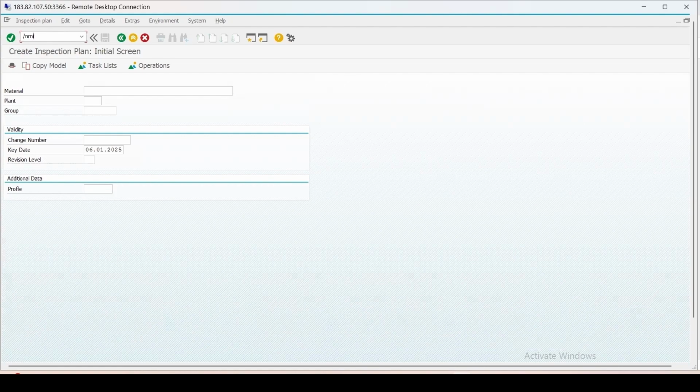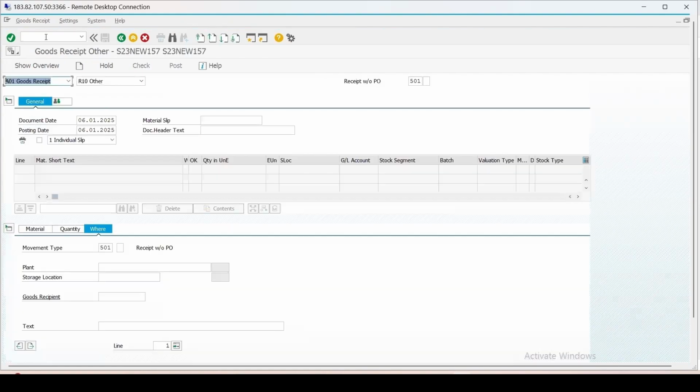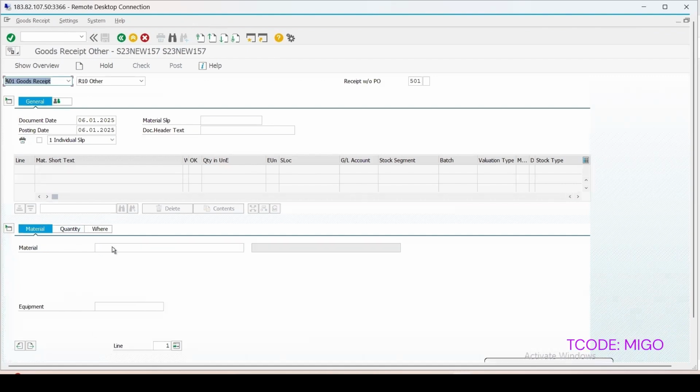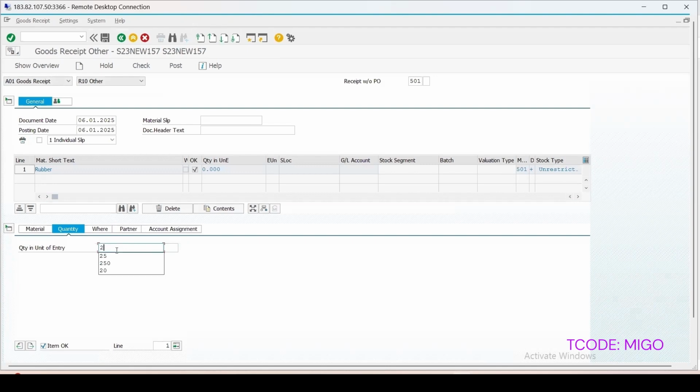So /n MIGO, okay, goods receipt against other, and my material is 1124, enter, and the quantity I can keep as 25, enter.